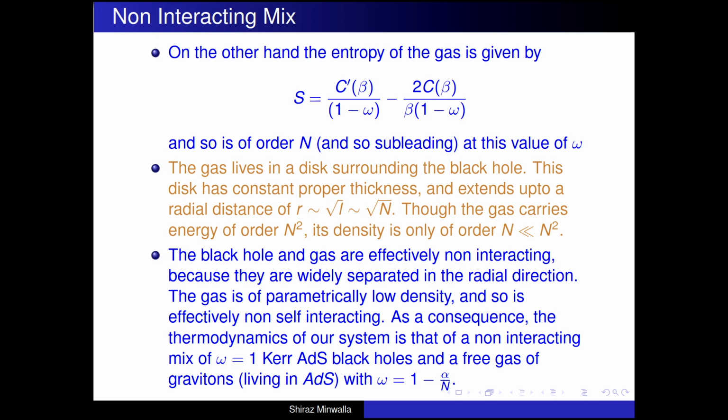Now, notice that I got my dominant contribution to everything from gas modes that had very large L. Gas modes with very large L live at very large values of the ADS radius, and so don't care that there was a black hole in the middle. So though I did the calculation in pure ADS, it's self-consistently justified. The next thing I want you to notice is that just the fact that the gas and the black hole are very far from each other tells you that these two components of our system are effectively non-interacting, very weakly interacting, just because of radial separation in ADS space.